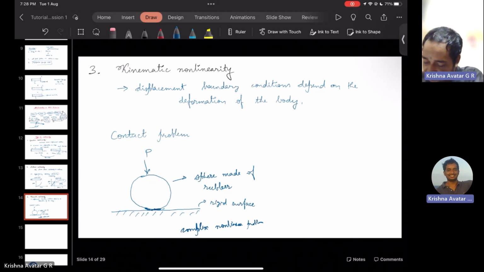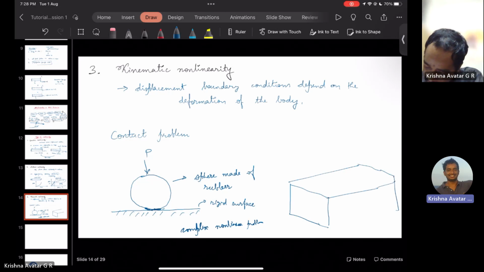Now, one such example was given in the lecture itself. You have a small cuboidal volume, made of some rubber-like material, and then you have a slab over it. You're applying some load here. As you keep on loading it, and say you're also translating it in such a manner,